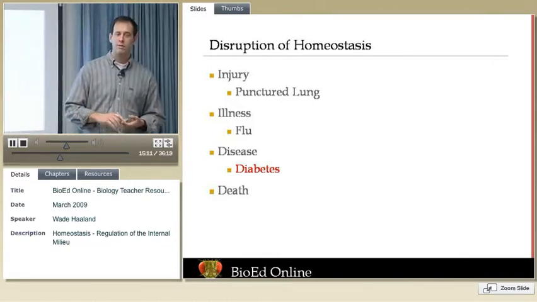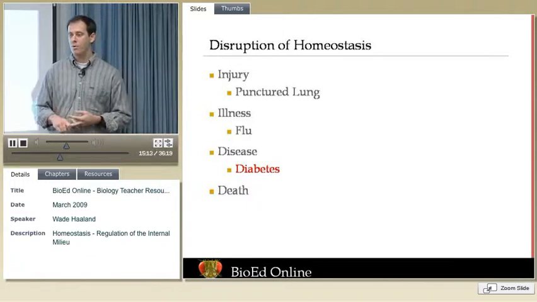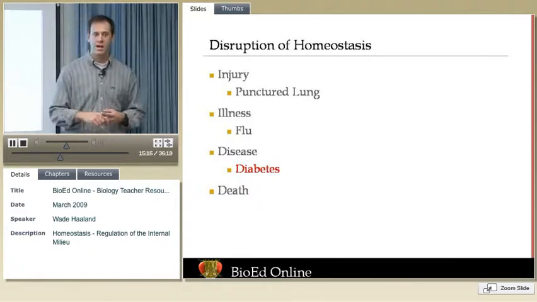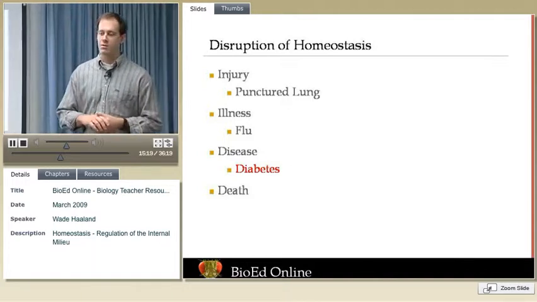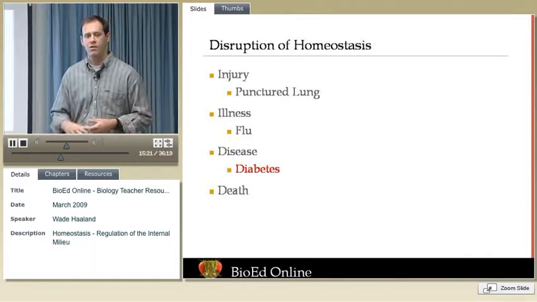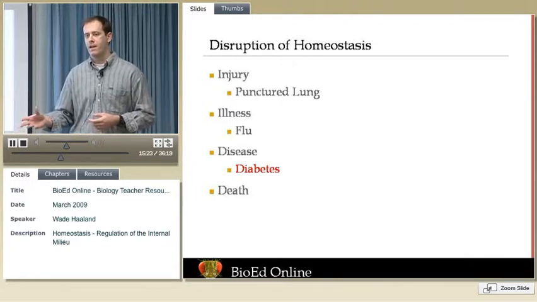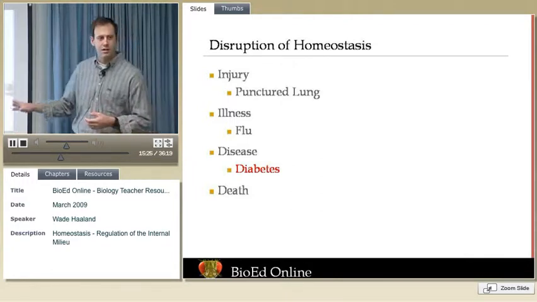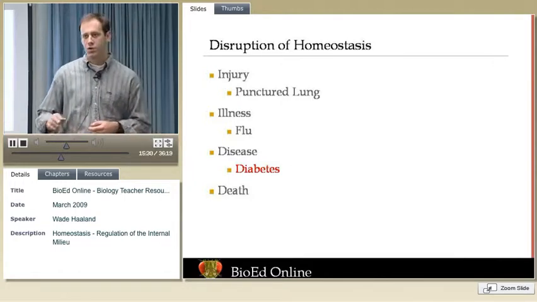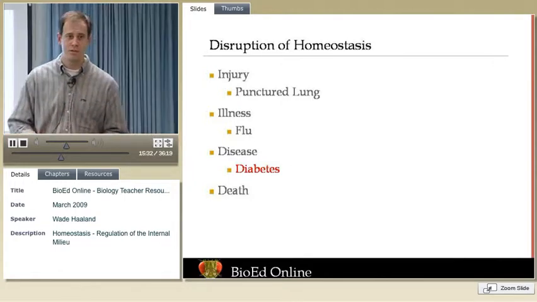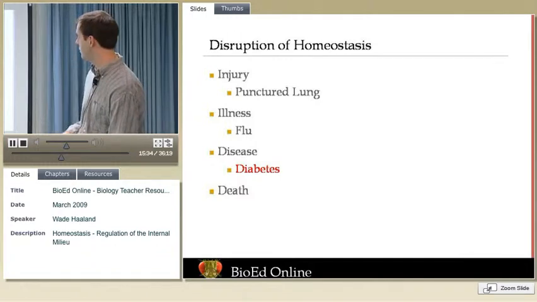Right now we're in the middle of a diabetic epidemic, and we're seeing kids with diabetes. Now we've always seen kids with diabetes, but they've usually been considered type 1. Now we're seeing type 2, and what that is, is obese kids. We're seeing kids that are not exercising nearly enough. We're seeing kids that don't eat the right foods. Junk food, sodas, those kinds of things have become a staple in these kids' diet and lead to severe problems.